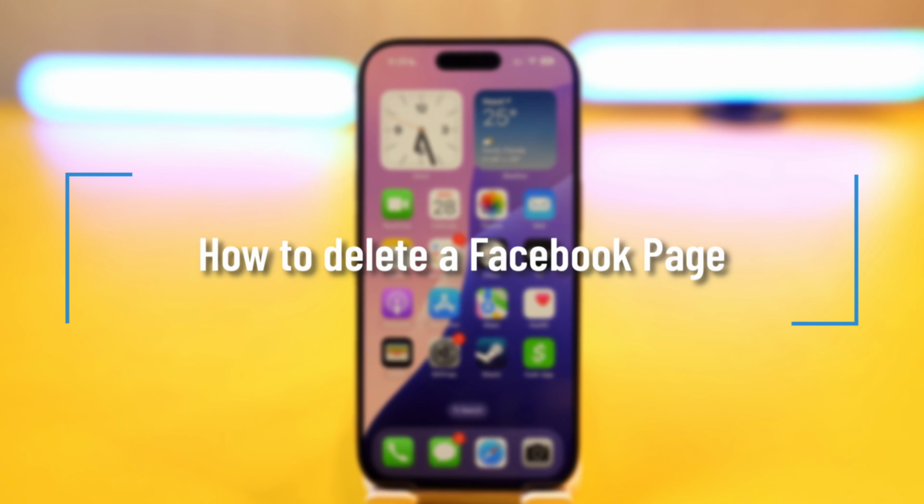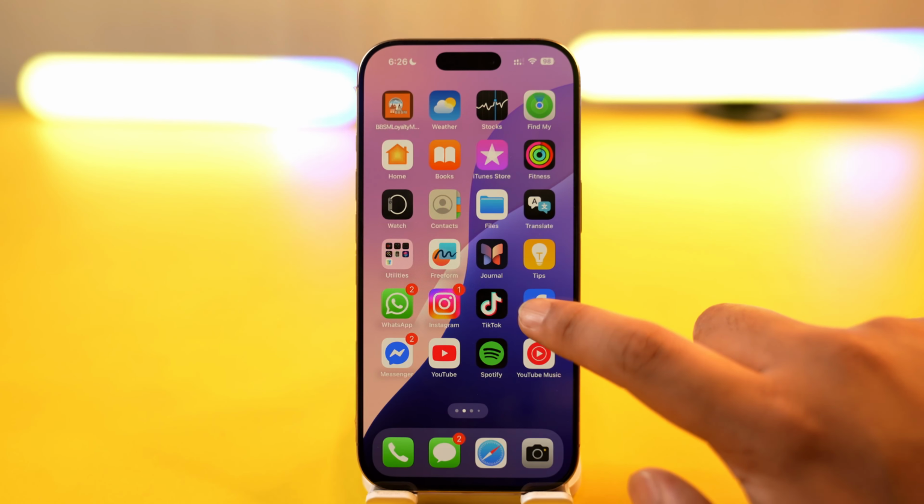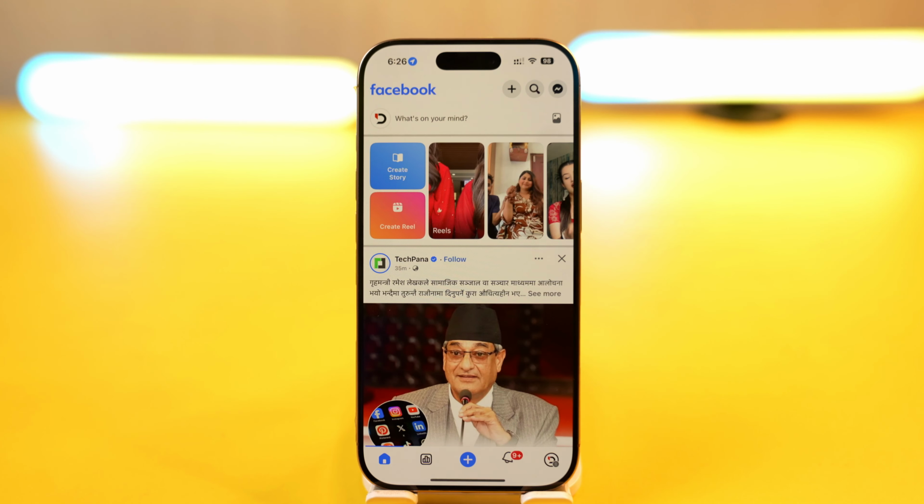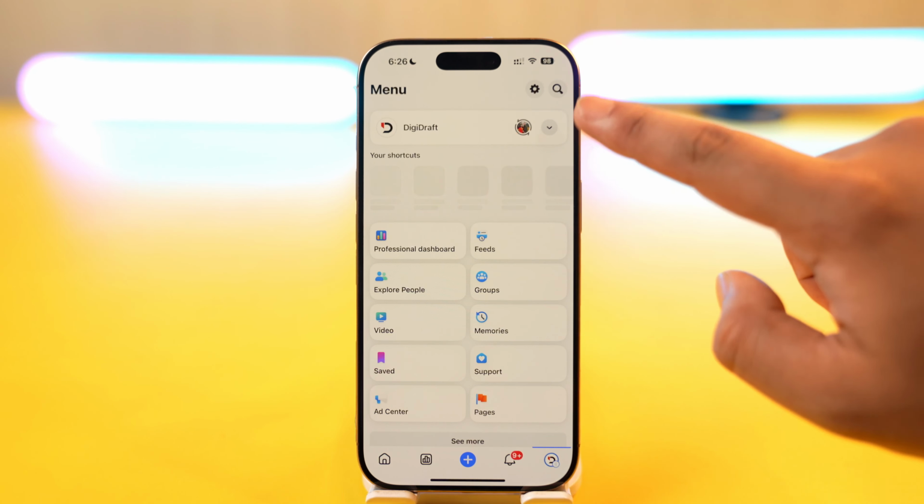How to delete a Facebook page. To delete a Facebook page, go ahead and launch the Facebook application. Then when you launch the Facebook app, make sure that you log in using your Facebook page and not your